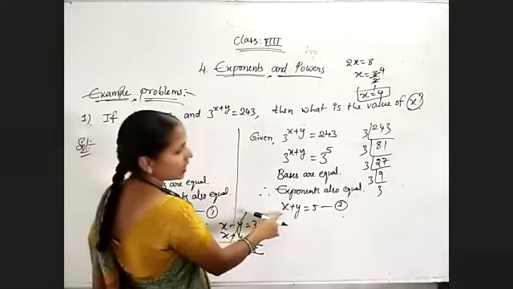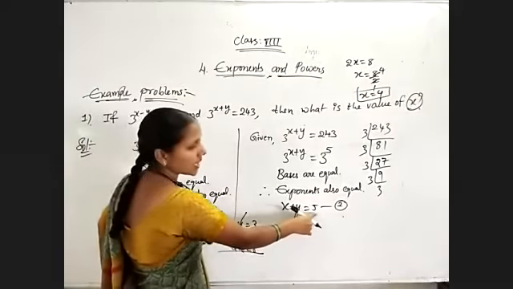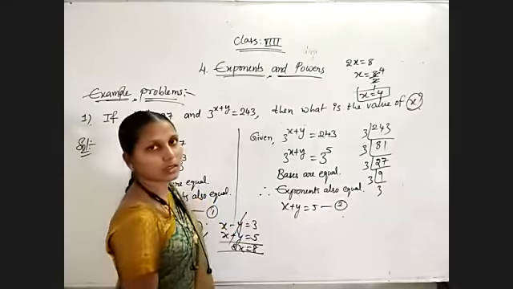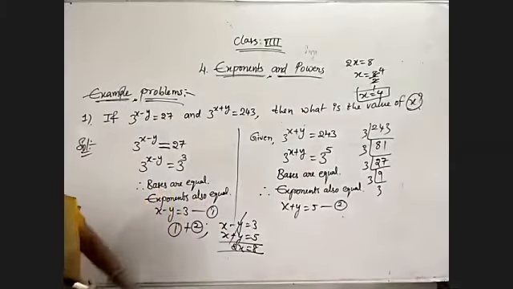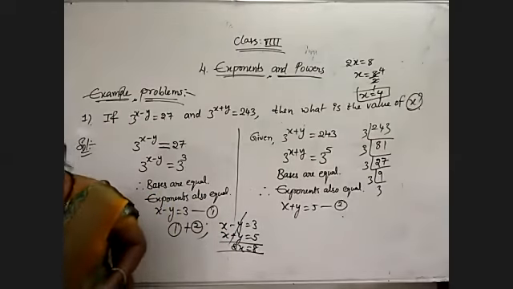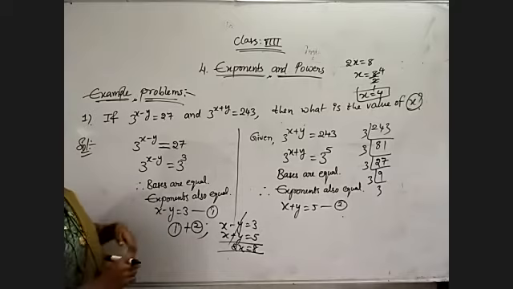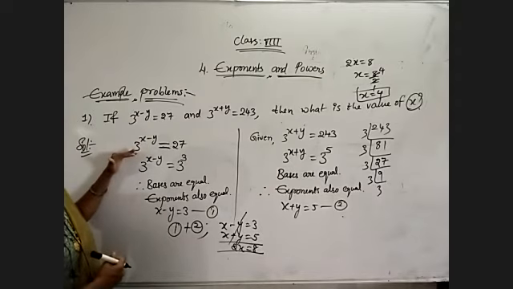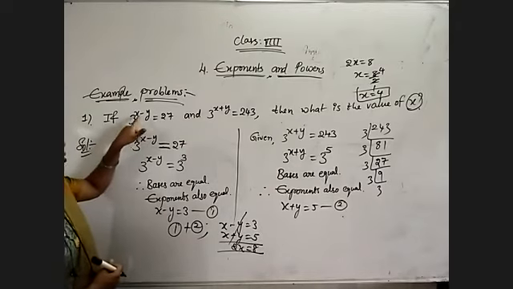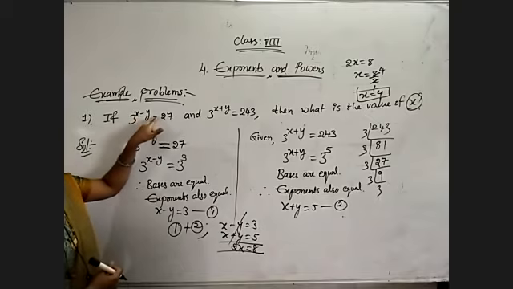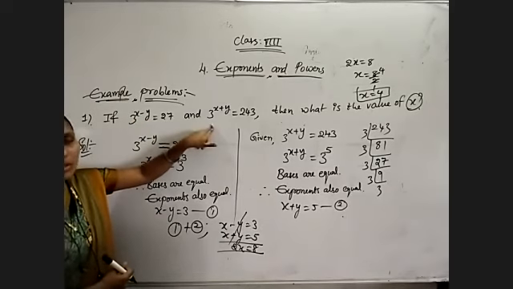Otherwise just observe x is 4, 4 plus 1 is 5. So y is equal to 1. Okay, x is 4, y is 1. Once again observe this question. Compulsory, this type of questions also very, very important. So here two variables, unknown values x and y are given. That's why they are given two equations.